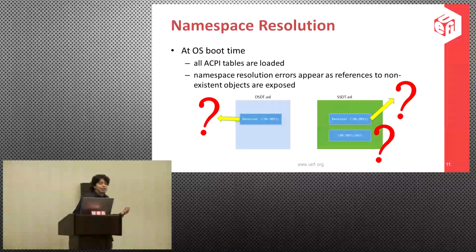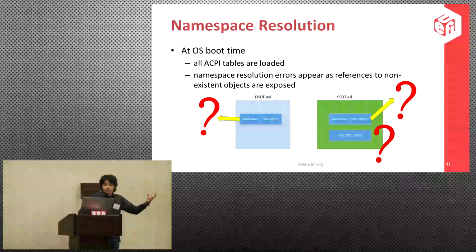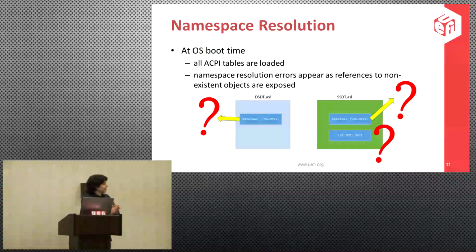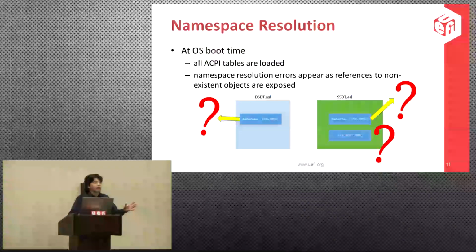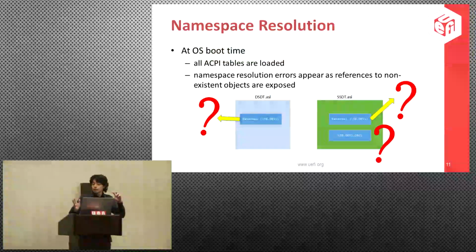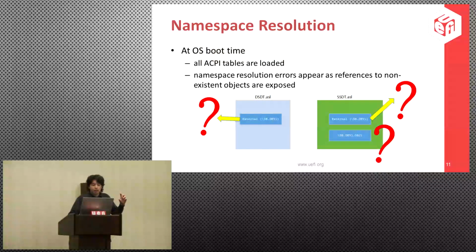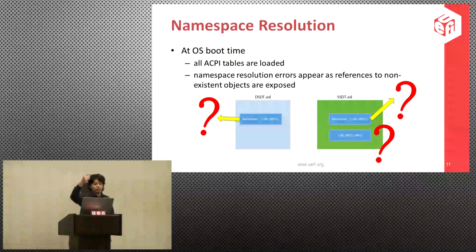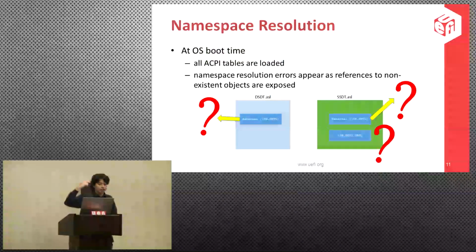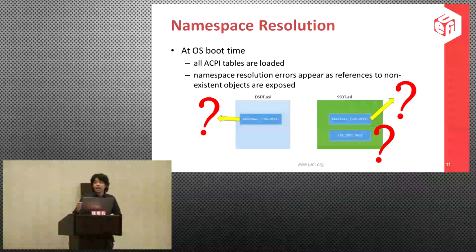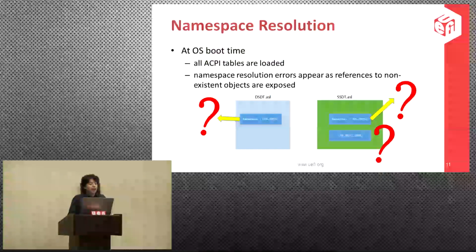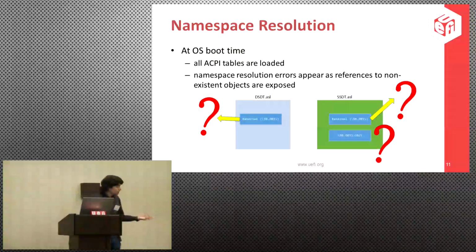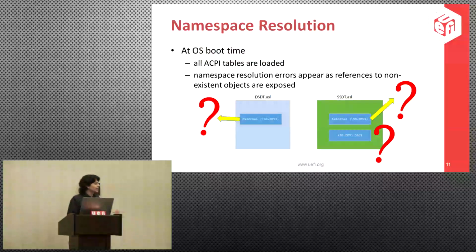So let's say that we compile some files that contain external references, but their references do not actually exist. Well, what happens is that at OS boot time, all the ACPI tables are loaded, and these non-existent references are exposed. So we find this out